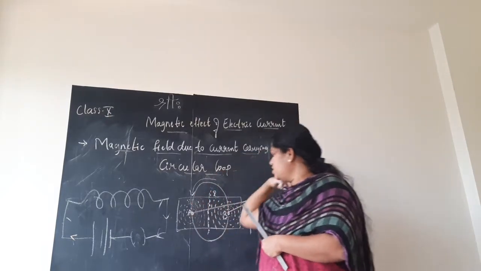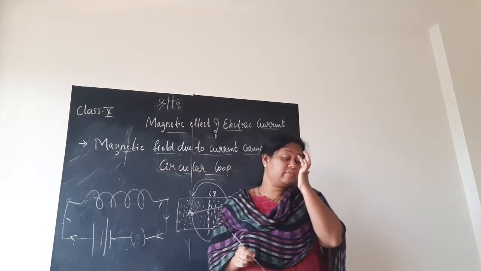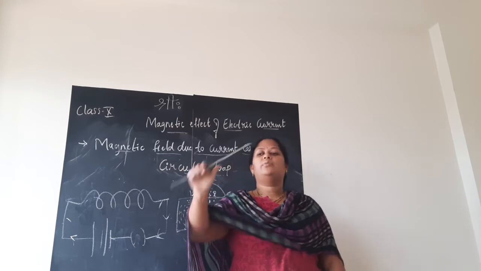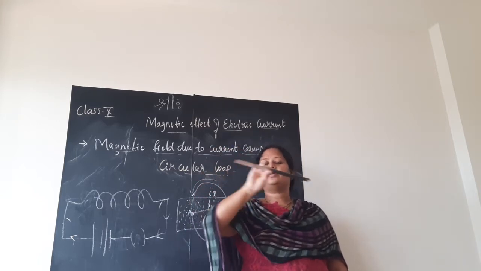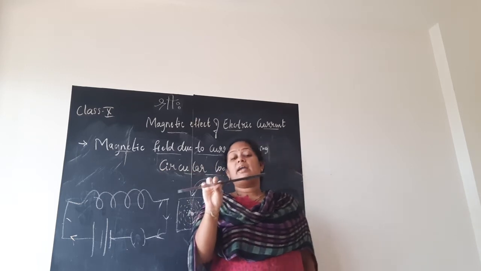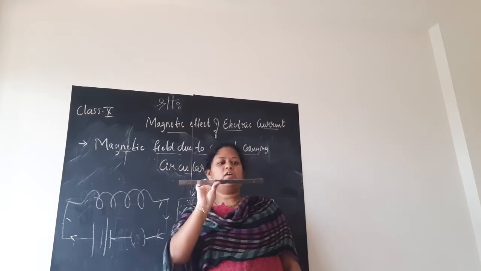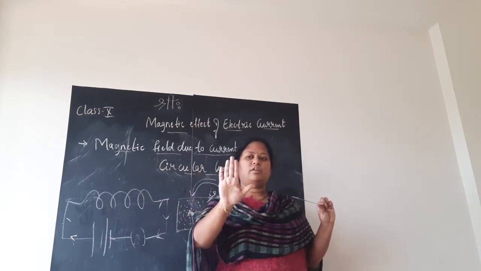Now I know in which direction, I will not keep a magnetic compass here to know the direction of the magnetic field. Simply I will use my right hand thumb rule. So what I do is, my conductor is not upward nor downward now. It is parallel, it is horizontal now. So I took the scale horizontal. Now I will use my right hand. You also use your right hand.